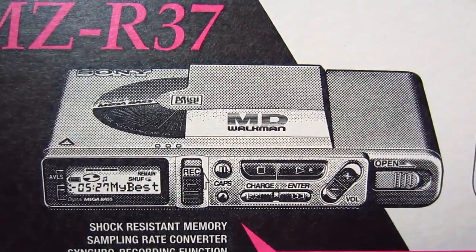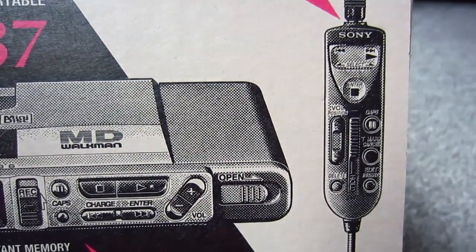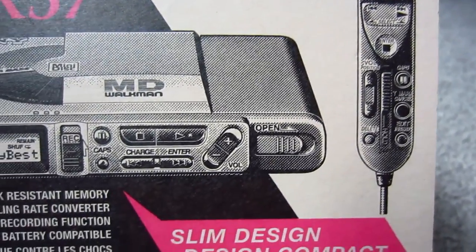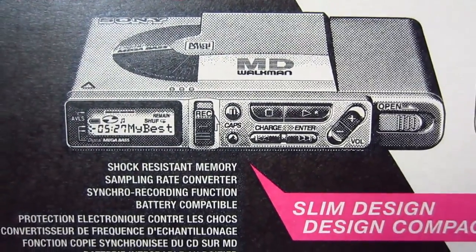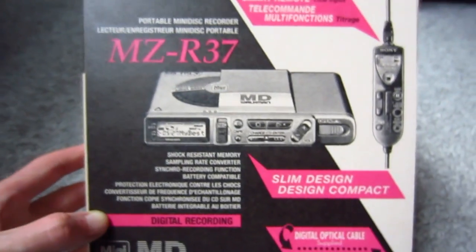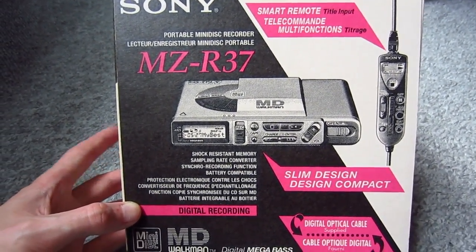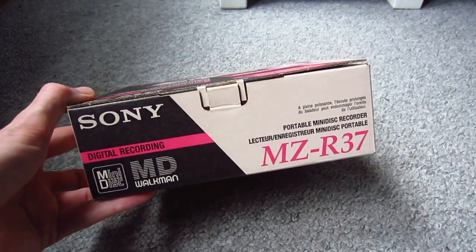I always wanted one, but also never wanted one because I thought, okay, I don't need one. I already have enough portables. But there are reasons why I got it, and I'm going to explain these reasons to you later on in the video. This isn't going to be an unboxing. I just want to show you the original package